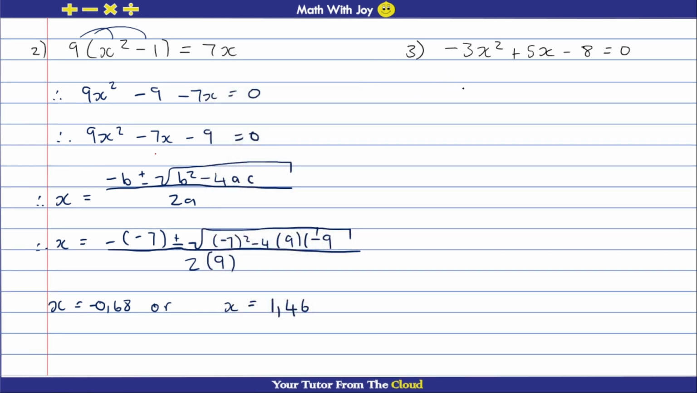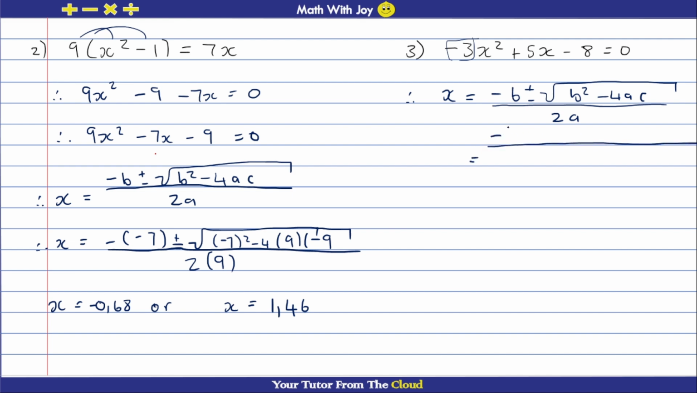Over here with this question, we do have a negative here, but since we are going to use the quadratic formula, let's just substitute everything into the quadratic formula. So minus b plus or minus the square root of b squared minus 4ac, divide this whole thing by 2a. Then you want to say,